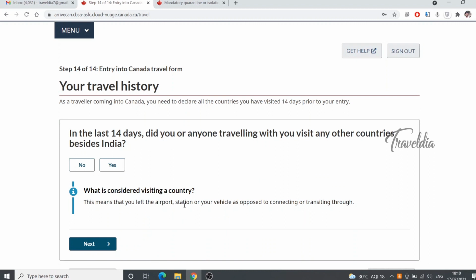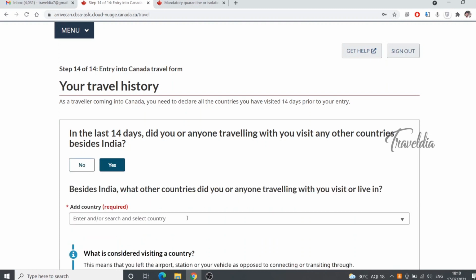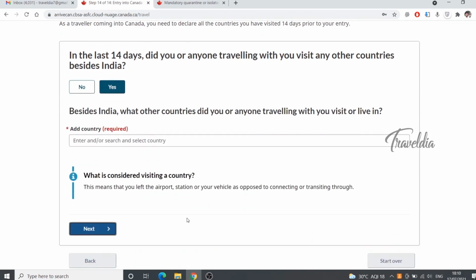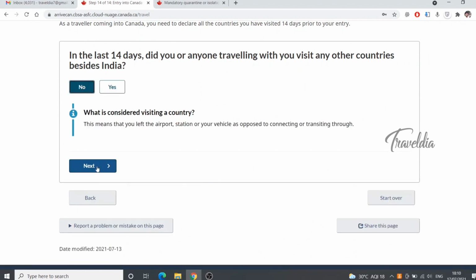I haven't traveled to any country, but if you have traveled, you can enter by selecting yes. They will ask you the set of countries. If you select no, you can directly proceed to the next step. Next. If you select yes, you will receive this one. If you select no, you can proceed to the next step.